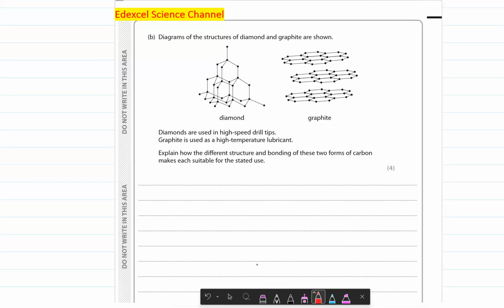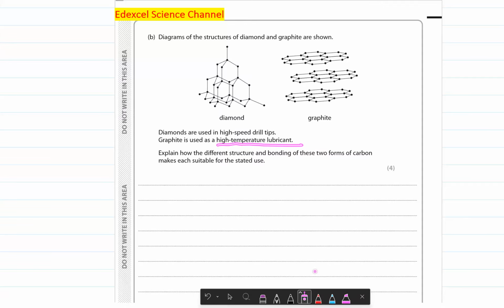Question number B. Diagrams of the structures of diamond and graphite are shown. Diamonds are used in high-speed drill tips, and graphite is used as a high-temperature lubricant. Explain how the different structure and bonding of these two forms of carbon makes each suitable for the stated use. So we have to explain why diamond is suitable for high-speed drill tips and why graphite is used for